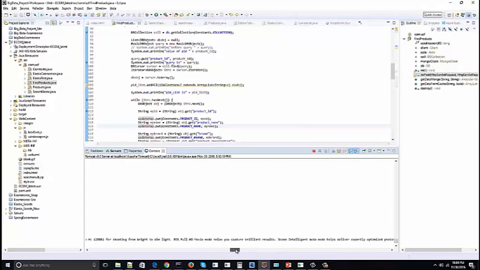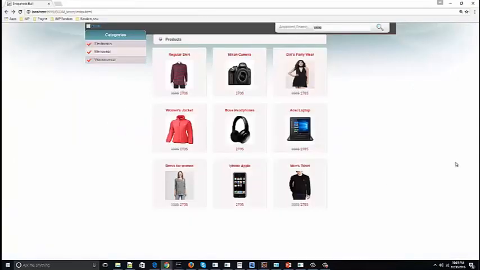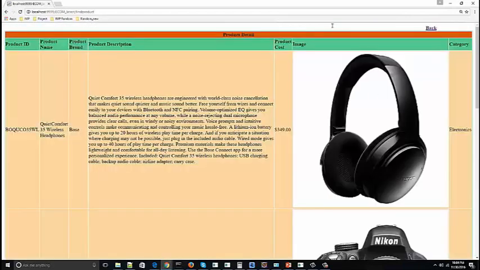Like here you can see for the Bose headphones, this is the link which has been retrieved from MongoDB and stored in the cache, and through this link the image will be displayed on the screen. So whatever content, that is the images that are displayed on the front end, has been fetched from Cloudinary, that is the CDN, and during the Elasticsearch as well, images are retrieved through Cloudinary.